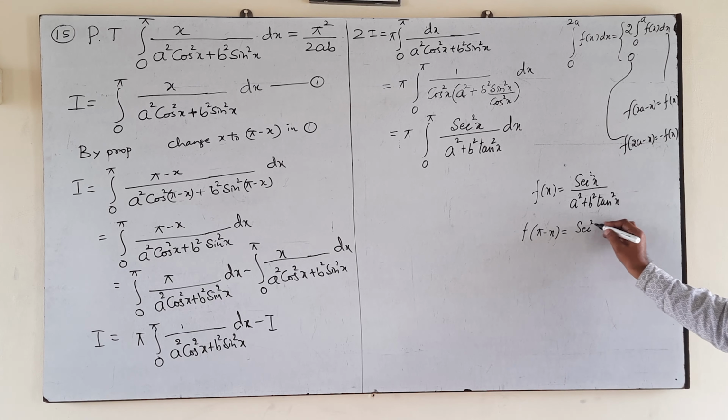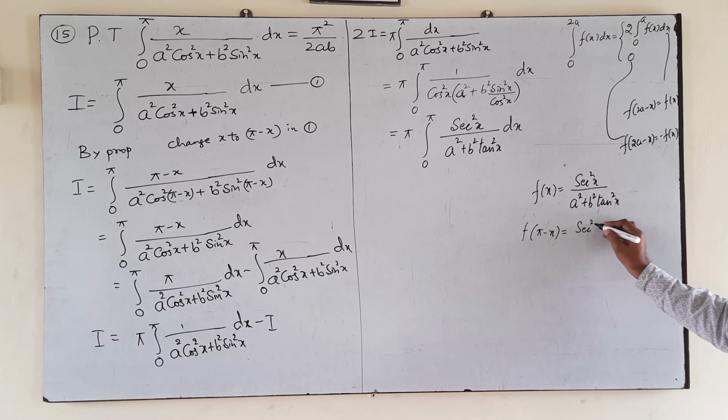Again tan of 180 minus x is minus tan x, its square, plus tan square x. So that is secant square x by a square plus b square tan square x. That is nothing but the given f of x. So f of pi minus x equals f of x, f of 2a minus x equals f of x. The condition is satisfied, so with its integral value,